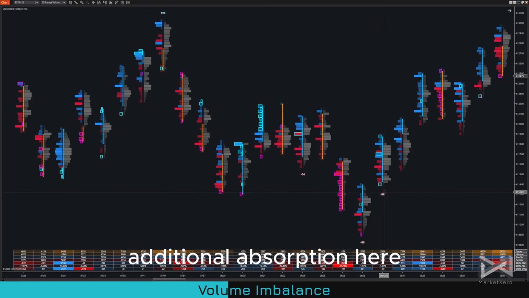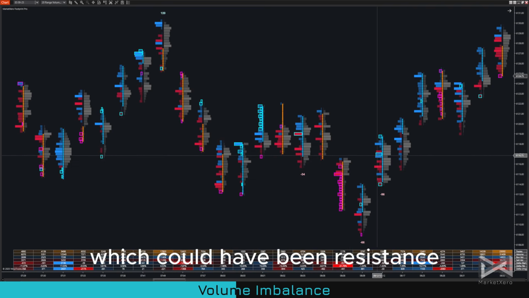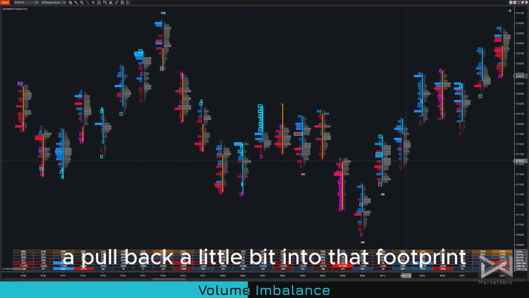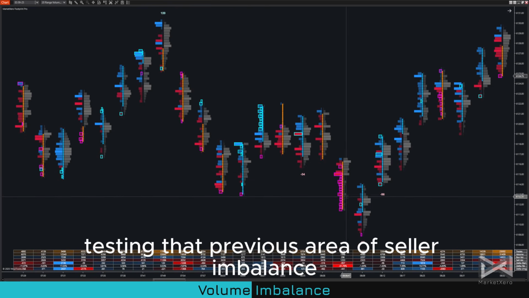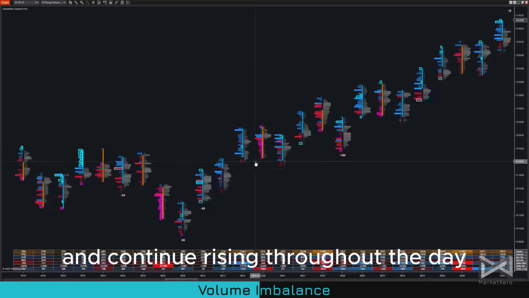additional absorption here, and buyers clearing this volume imbalance, which could have been resistance, continue creating volume imbalances, a pullback a little bit into that footprint, testing that previous area of seller imbalance, and then rising up and continue rising